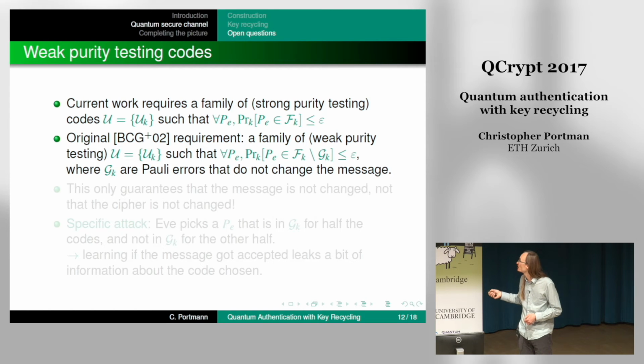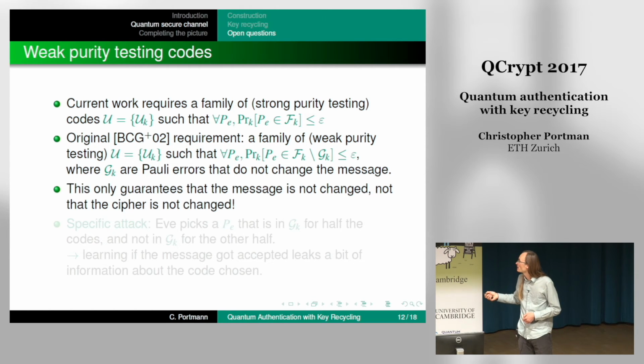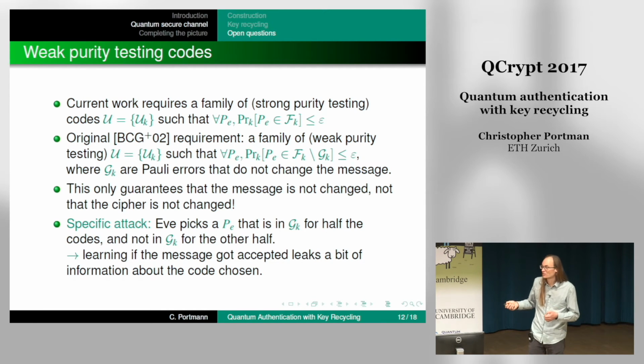So this is actually strictly weaker. And this only guarantees that the message is not changed, not the cipher. So you can have very specific attacks, and you can construct it. For example, there are some codes which use this, and you can construct some kind of attack where Eve is going to pick an error